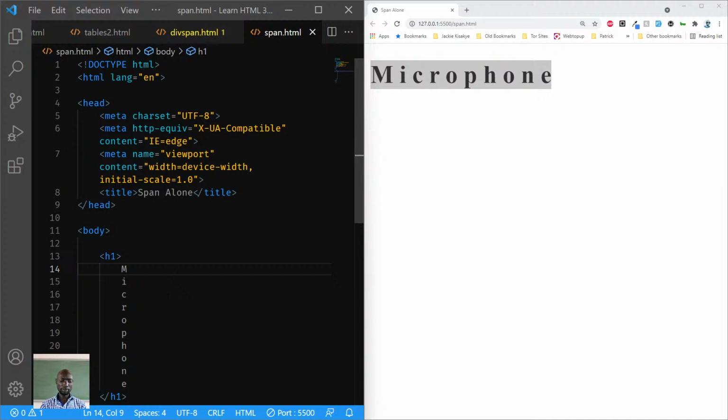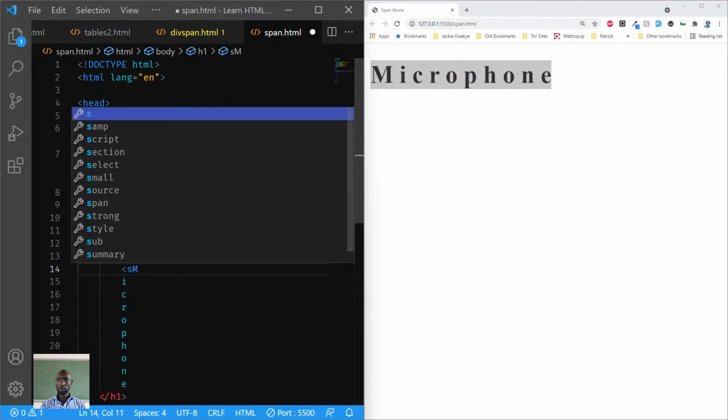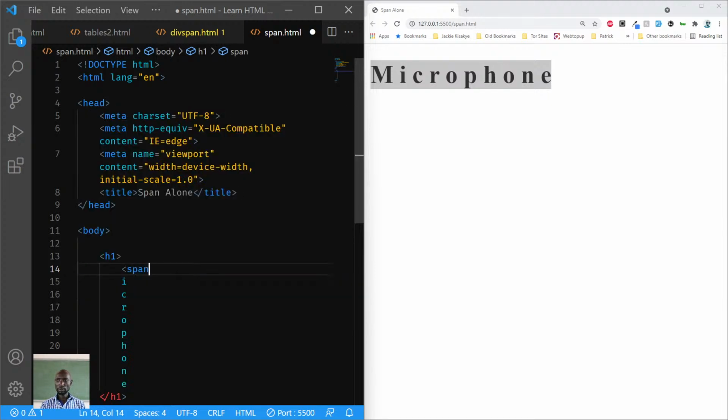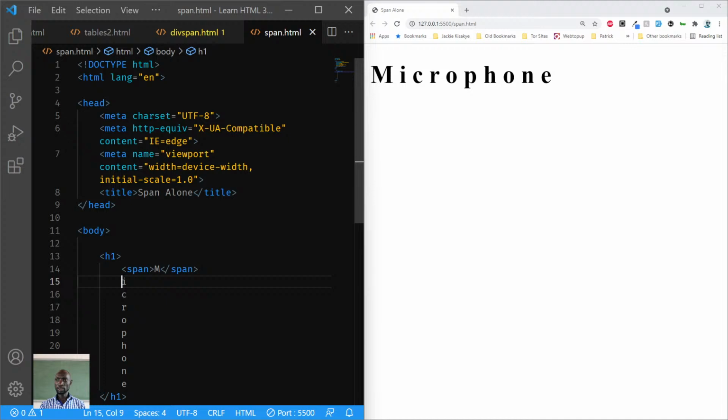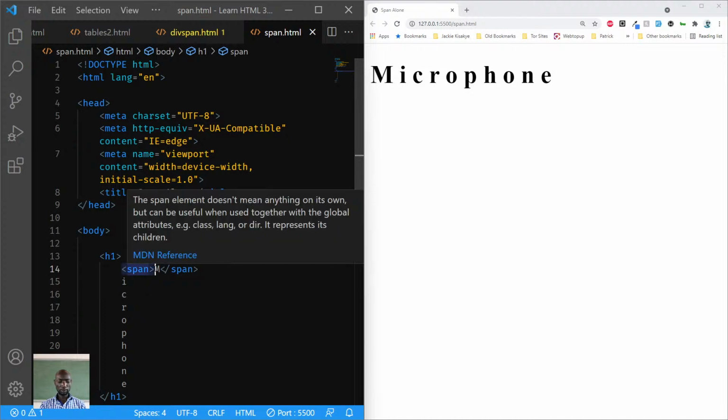So let's wrap this around the span tag. Span. Okay, it's refusing. Let me just do this. Span. Then I want to wrap M within the span tag, and I'm going to do the same for all these. So let me just copy,